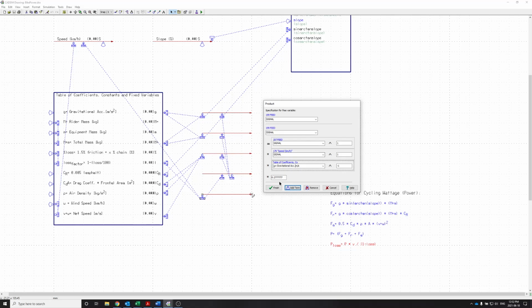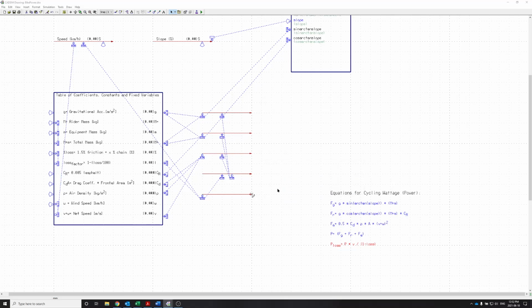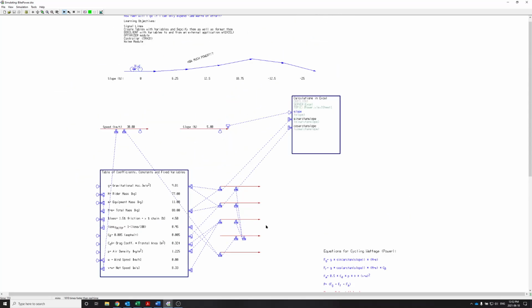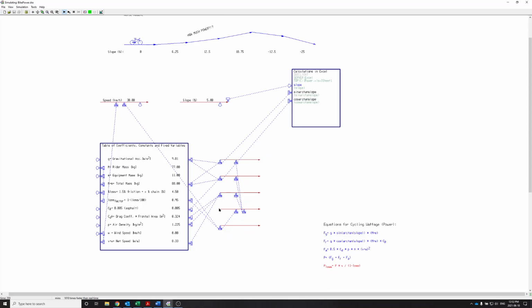Oh, of course, because when I added the last guy, I used gravitational acceleration. It was meant to be actually the loss factor. So that's where I made a mistake. And let's press play. I think we were expecting 534. Press play. There it is, 534. So we went through that whole ordeal. Maybe we'll skip forward to the next learning objective, but you get the gist of how to specify signal lines